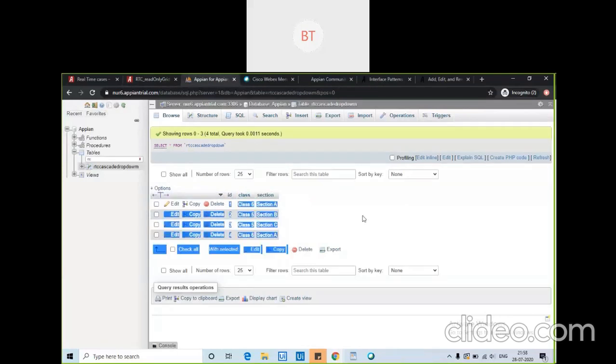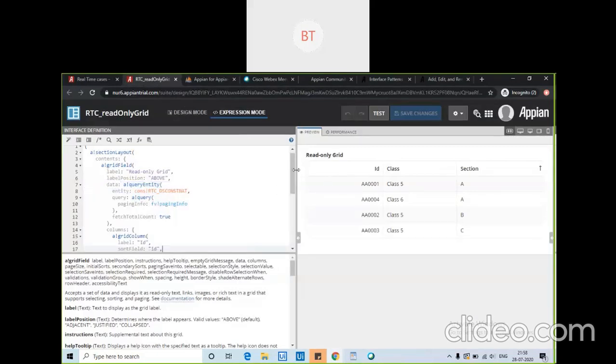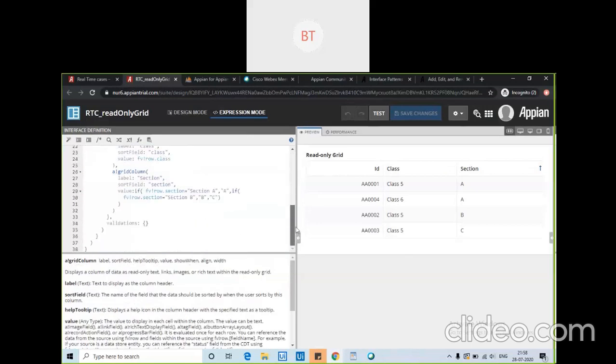Then if you do FVBang row dot id, it will take only one. Dot class means class 5, and it will print automatically on its own. You don't need to do so much calculation, like how row by row it will take everything. This FVBang row will do all the tasks. That's the advantage of FVBang row.